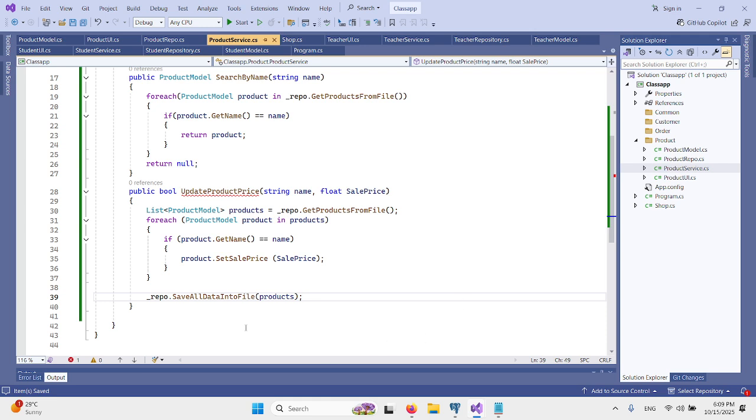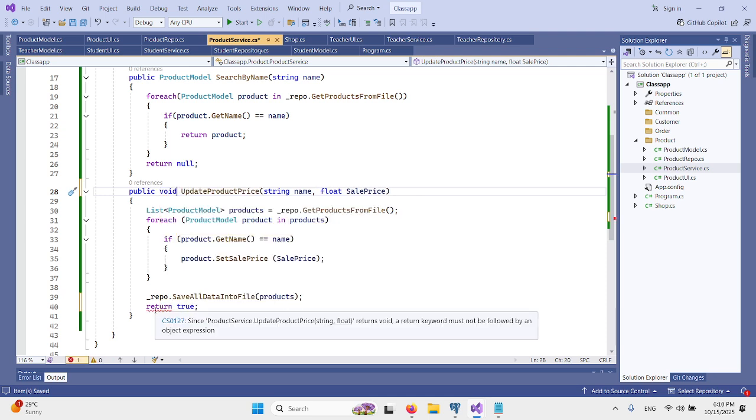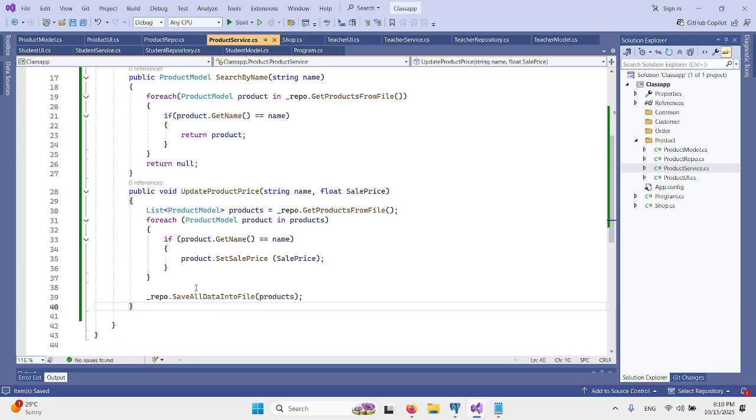ये क्या करेगा? सारा डेटा खाली करेगा और जो लिस्ट हम इसको पास करेंगे सारे ऑब्जेक्ट्स फाइल के अंदर दोबारा क्या कर देगा? राइट. And it will return you the true. ठीक है. और ट्रू नहीं भी करें तो भी खैर है. लाइक अगर हमने उधर ड्राइवर कोड में डिसीजन मेकिंग करनी है कि अपडेट हुई है या नहीं हुई, डिसीजन डिस्प्ले करवाना है, तो हम कर सकते हैं, अदरवाइज नो प्रॉब्लम.